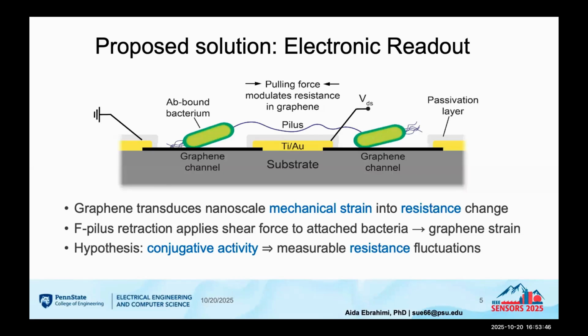So we were thinking, can we actually use graphene, because it has a high ion modulus and it's a flexible material? Can we use it to tether the cells and then look at the resistance change and the fluctuations, and from that get the frequency of this and monitor this phenomenon in real time? Okay. So